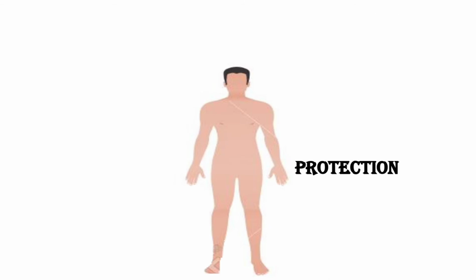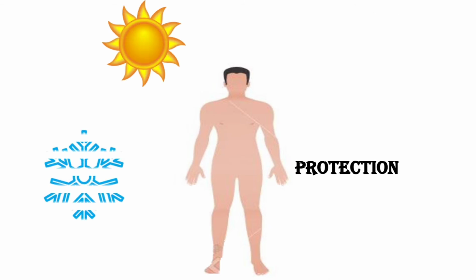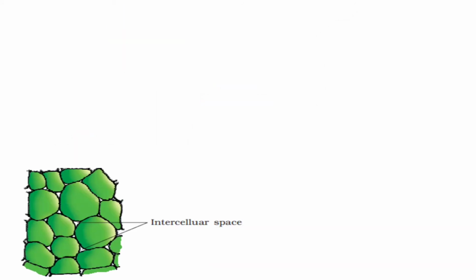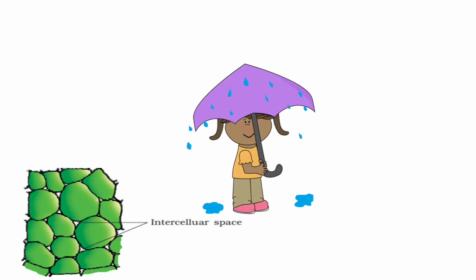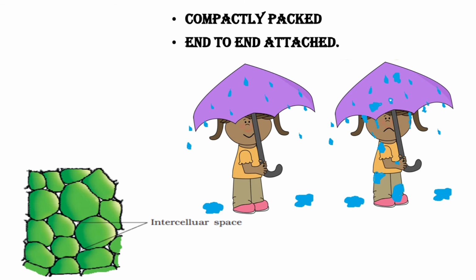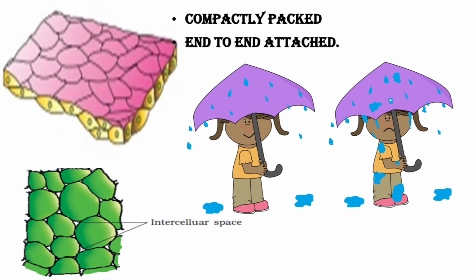Now you might be wondering what could be the function of epithelium? Yes, it's protection. Epithelium acts as a protective layer. So, should it have intercellular spaces? Of course not. If intercellular spaces are present, they would be like holes in the protective covering, which will make the covering unreliable for further protection. That is why epithelial tissue is tightly packed.